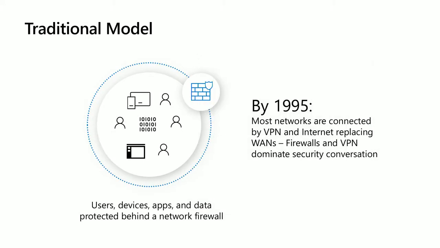And then, a couple of years later, the VPN allowed people to work remotely. But still everything was inside the network. The internet started picking up, the users' devices, but still everything was inside this corporate network. So we built a firewall around this corporate perimeter to protect us. And we were doing an amazing job, guys. Network security was all we needed at that time. So all the security conversations were around firewalls and VPNs. That was it. Good job, everyone.